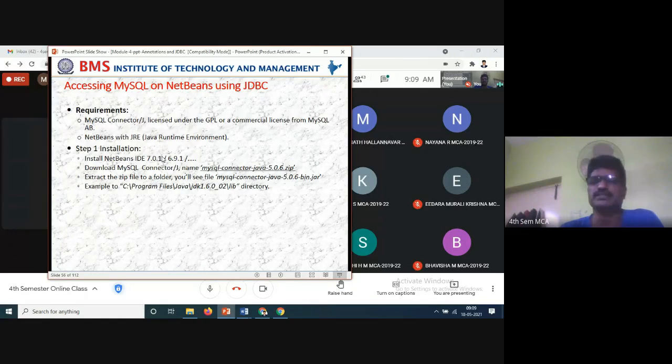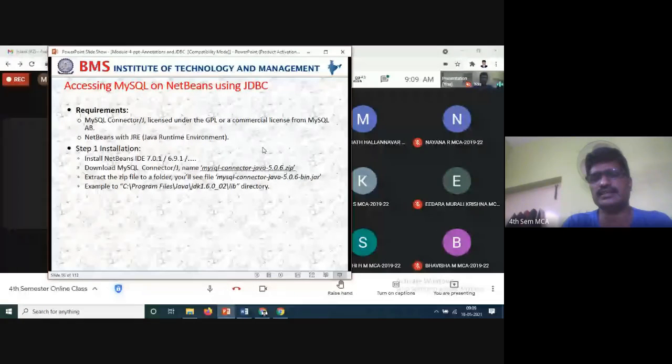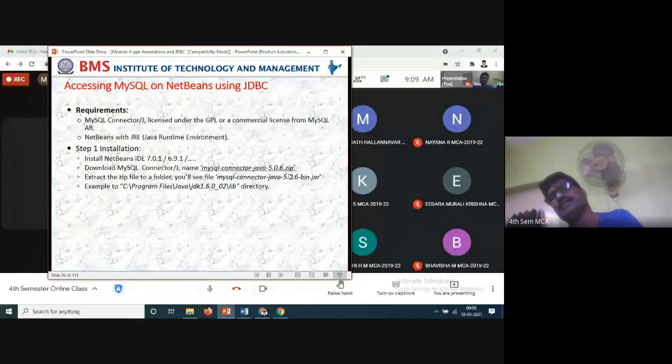Once NetBeans is installed on your system, MySQL connector is required. You need the MySQL connector Java 5.0.6 zip, or you can try any latest versions also, no problem. This is what you have to download from the net.